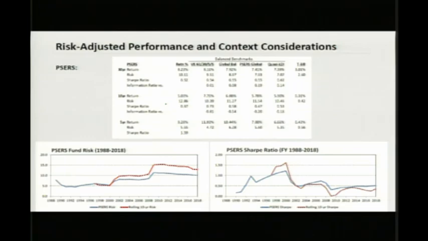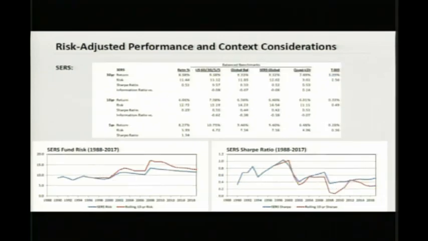From the charts, we observe the Sharpe ratio over the first half of the period was much higher than the second half of the period, as total fund risk has nearly doubled. The blue line is the fund's Sharpe ratio and risk levels for the entire period up till that point, whereas the red line is a rolling 10-year value at any given point. It is interesting to see that the fund risk of PSERS has stayed at high levels over the last 10 years, despite their allocation to equities decreasing over the financial crisis.